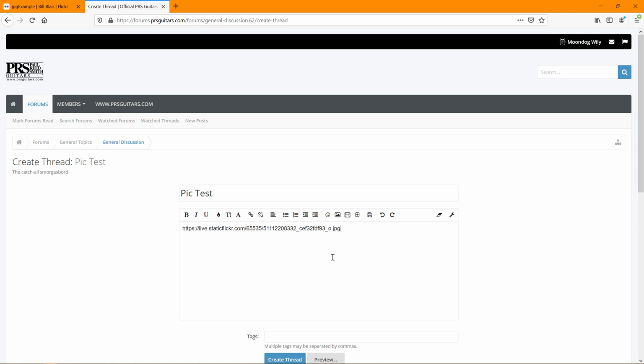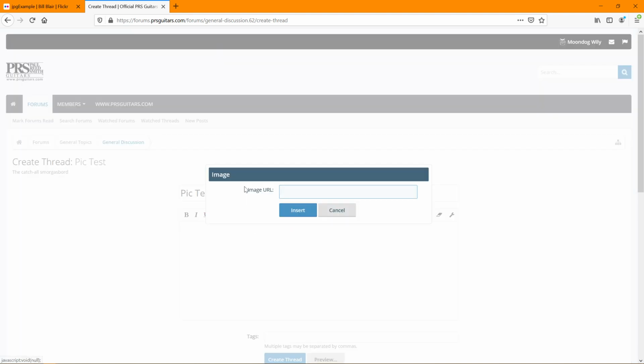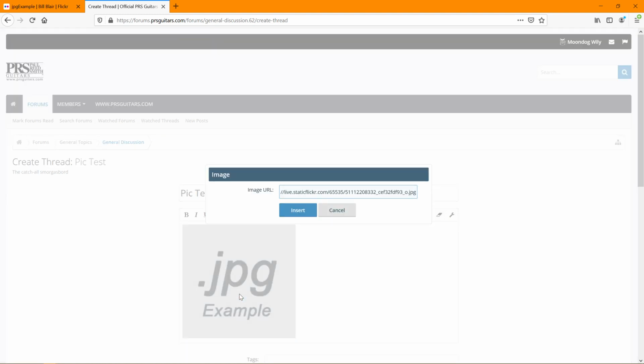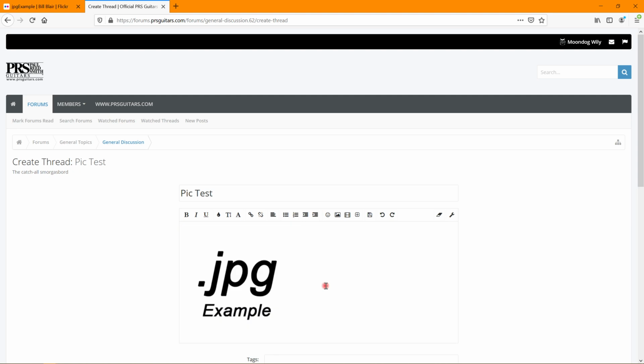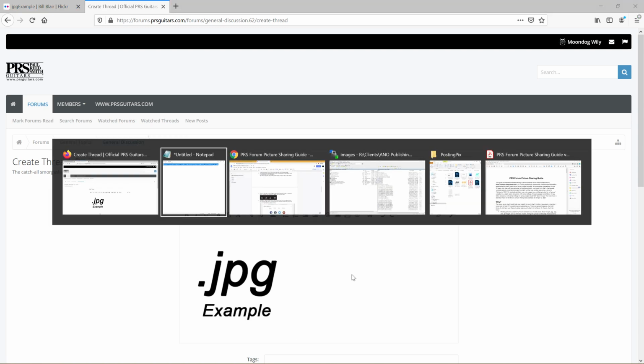If I just paste the code in there, that doesn't do anything. It will put that code, that URL, into the post. But if you want the picture to actually show up, instead of pasting it in there, you would first click on this image button here. And now it's going to ask what's the URL to that image, what's the address of that image. You paste it in there, you click insert, and now you'll see it immediately popped open, that image that I pasted the address in there to. So that's how you get the picture into a post at the PRS forum